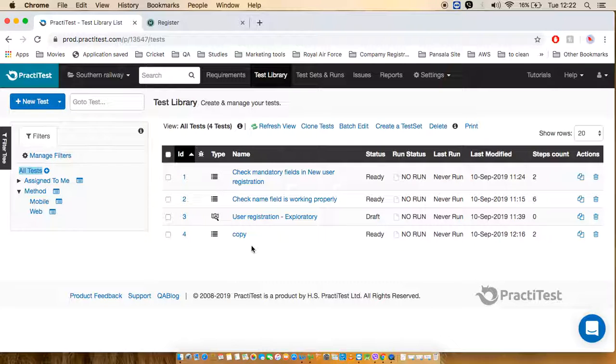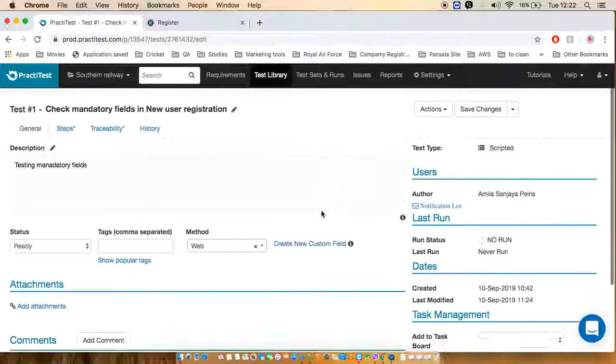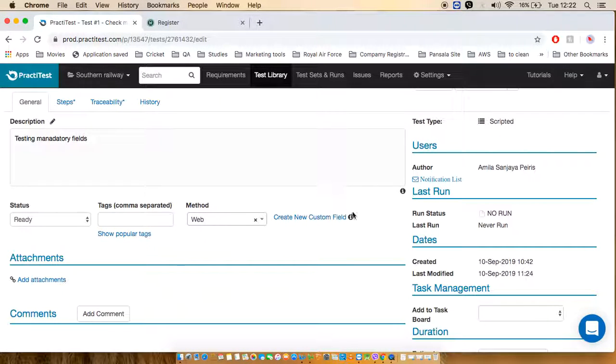If you delete that, it will delete permanently from your test library. So make sure, double check before you delete any test case. For example, if I click this test case and I want to create a new field,